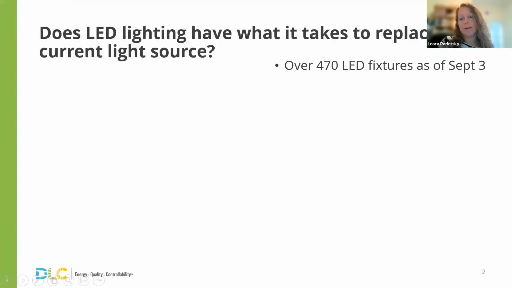First of all, LEDs have come a long way in the past 7 or 8 years, especially for CEA. As of just last week, we have almost 500 LED fixtures on the DLC's Horticultural Lighting QPL. These are products that have been tested in many different ways, in terms of performance, life, and reliability. We look at that information, and if it meets our criteria, we list it on our QPL. So I want to share some of the data that we have with you today and see if it can help answer the questions that you might have.